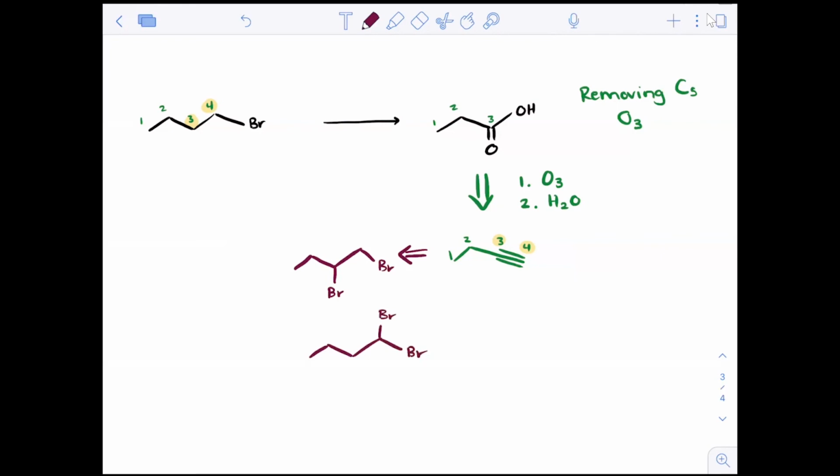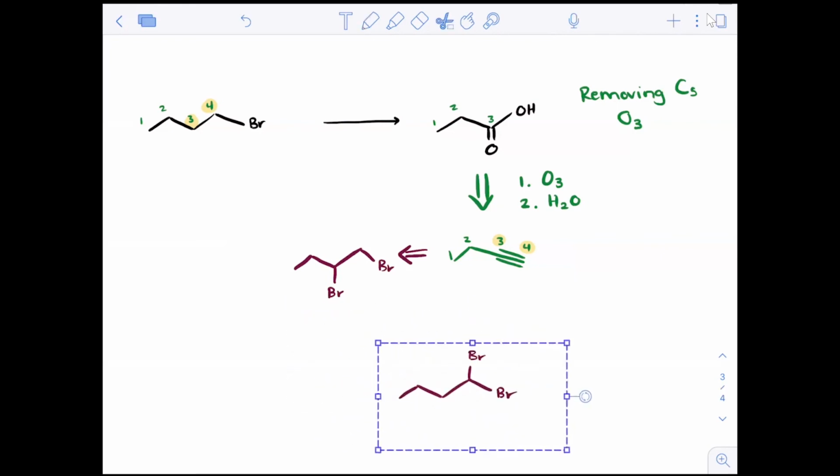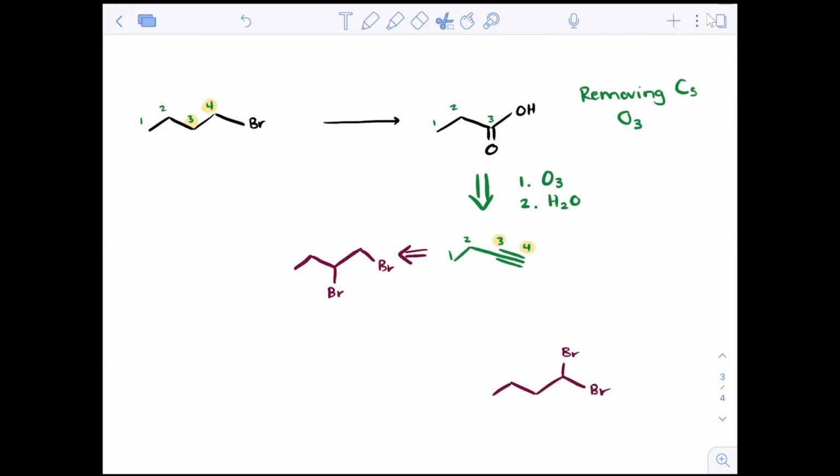The geminal dihalide is probably not the best option here. And the reason for that is the only way that we really made them was with a triple bond. Well, we know we don't start with a triple bond, but we do know that we could do this reaction, right, to make that terminal alkyne